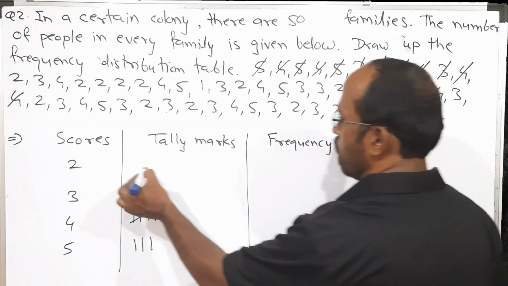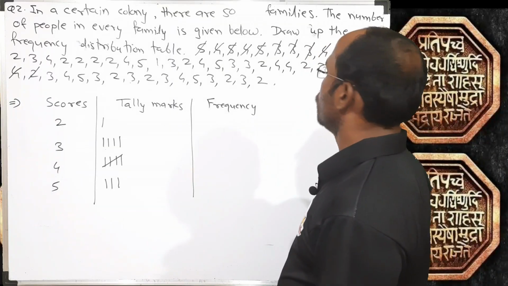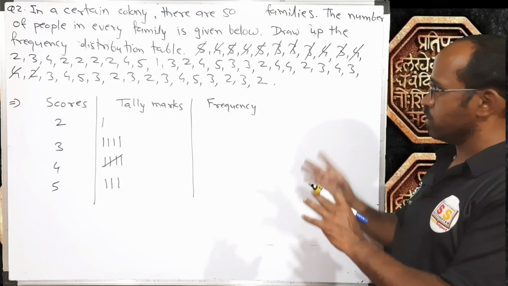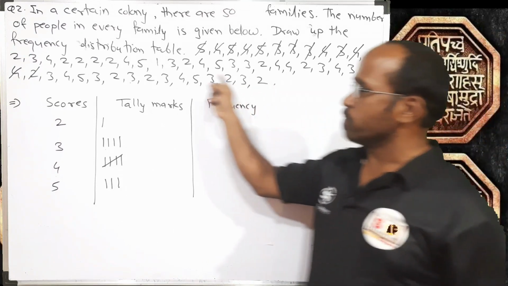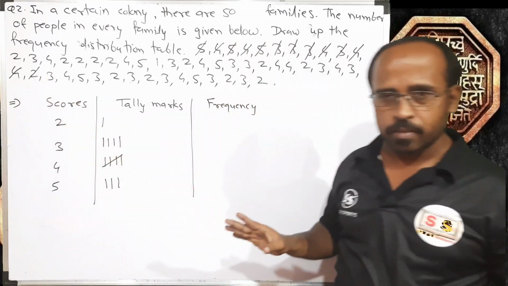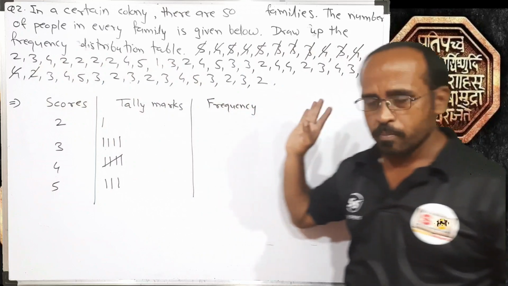Next is 2. So draw a line against 2. Cut that 2. Okay. Now students, what have I done? Instead of cutting the score from the second row, I have cut it from the third row. Let it be, doesn't matter. Let's first finish this and then we will continue with the middle one.